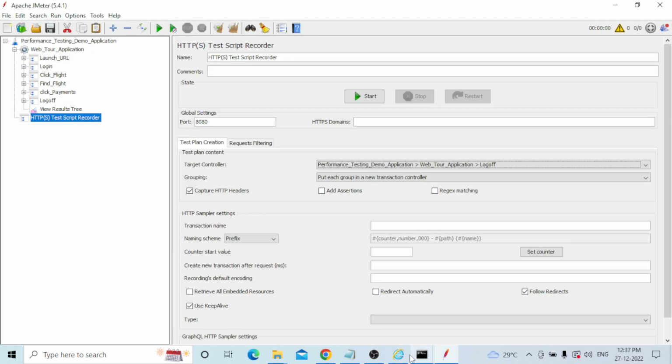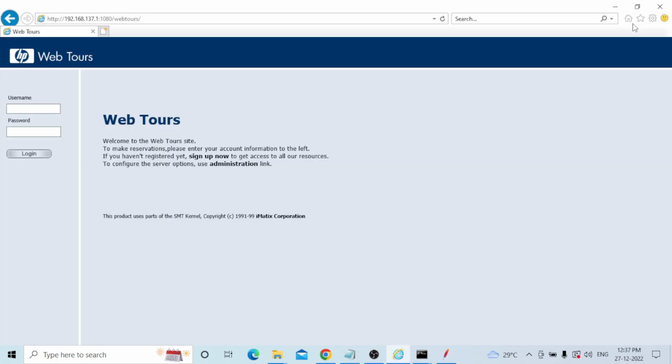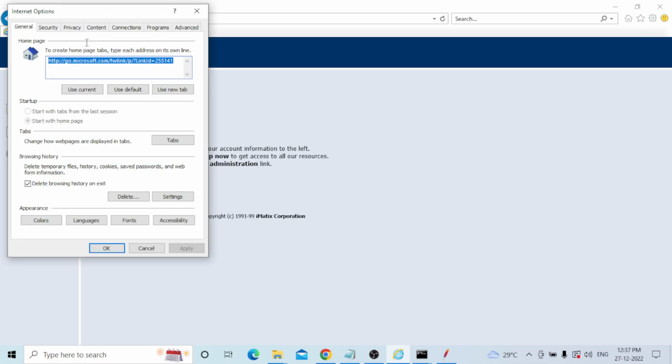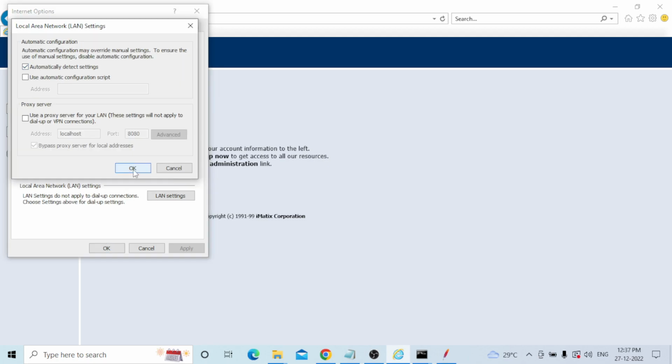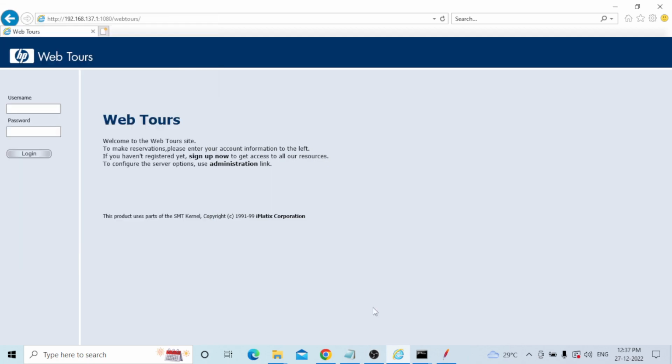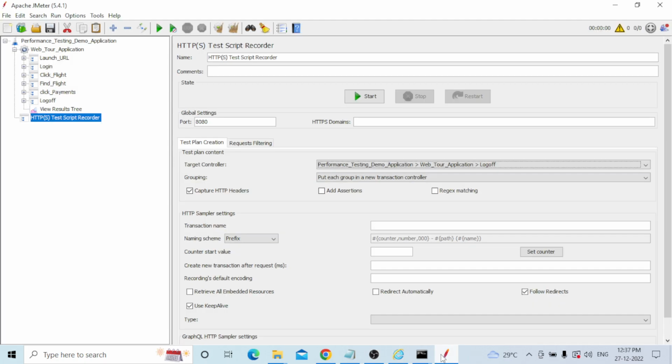After that, now what you need to do, you need to enable the processing. Enable means you need to disable that one. Just you need to disable automatic detect settings, you need to enable. Otherwise the application will not work. Okay, now it's completed, right? First step,